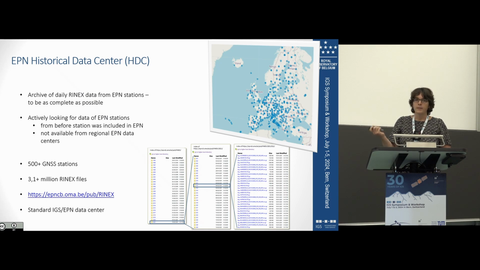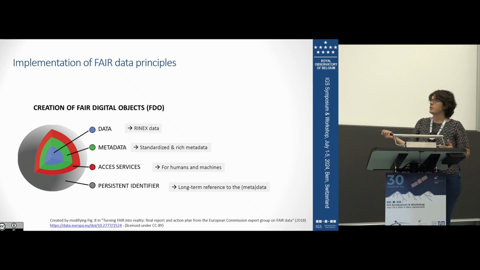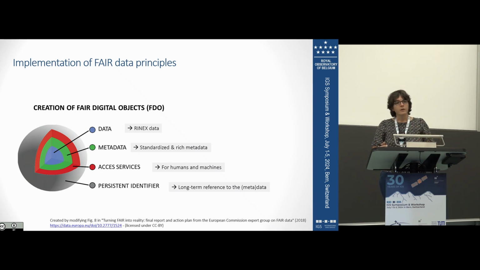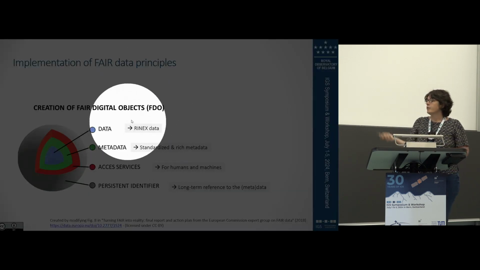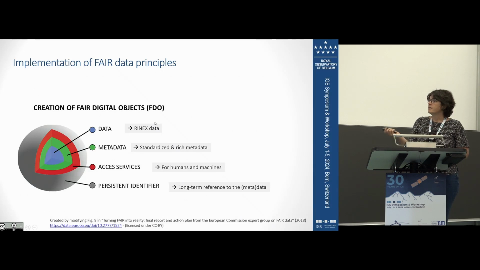Data Center. This data center is the archive of all the daily RINEX data from the EPN stations, and we built it to be as complete as possible. That means that we actively looked for historical data, even before the station was included in the EPN. We have in total a bit more than 500 GNSS stations, 2.1 million files, and everything is available online on